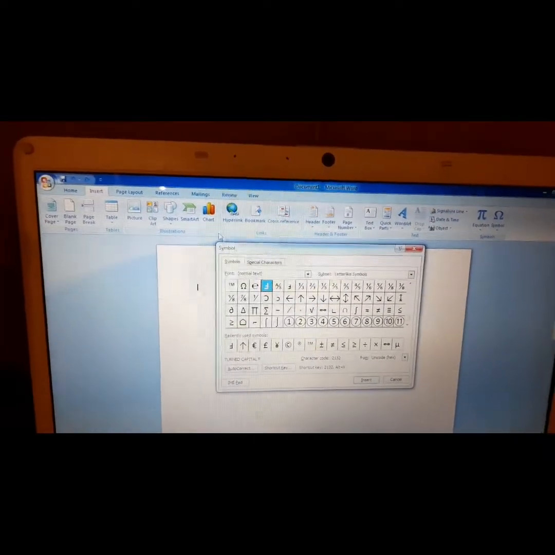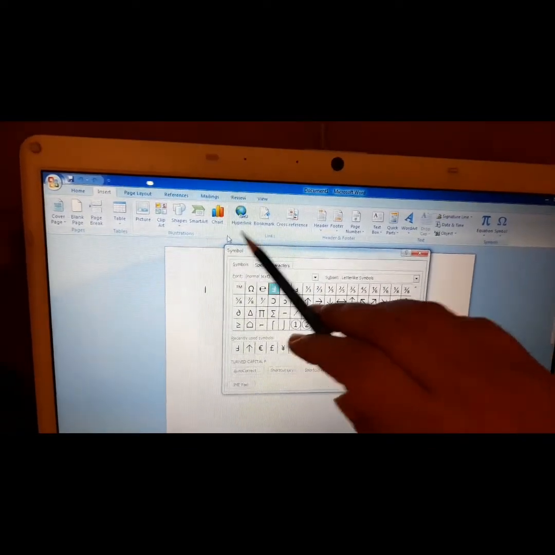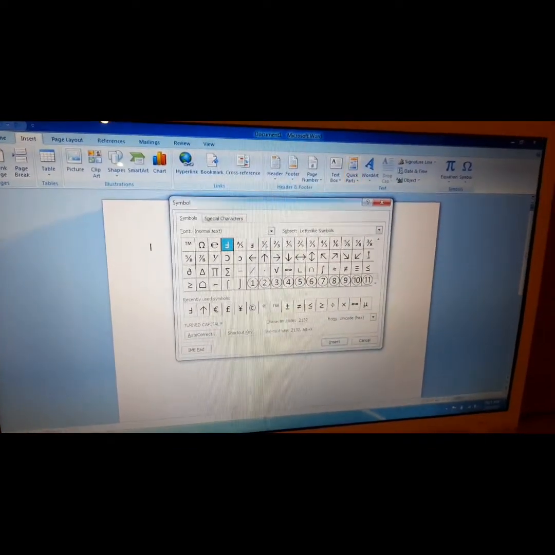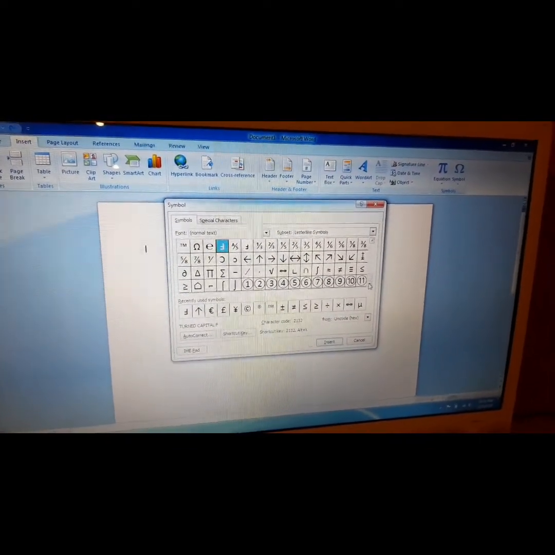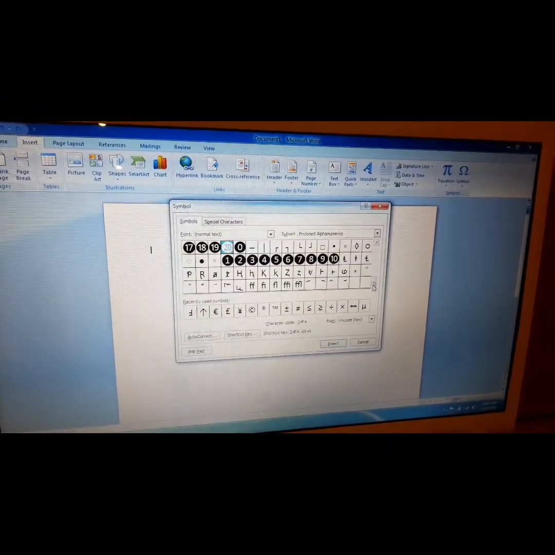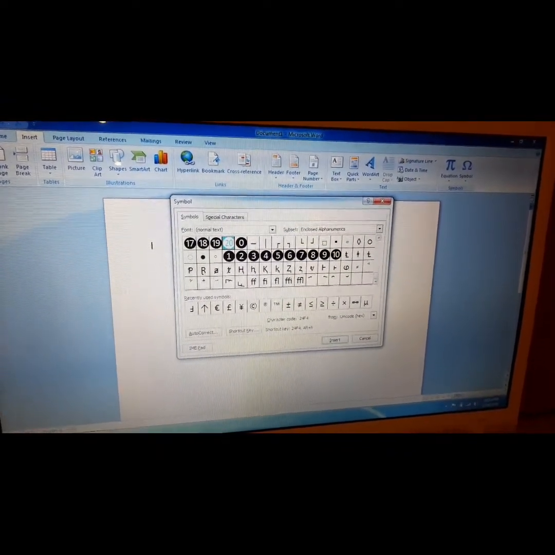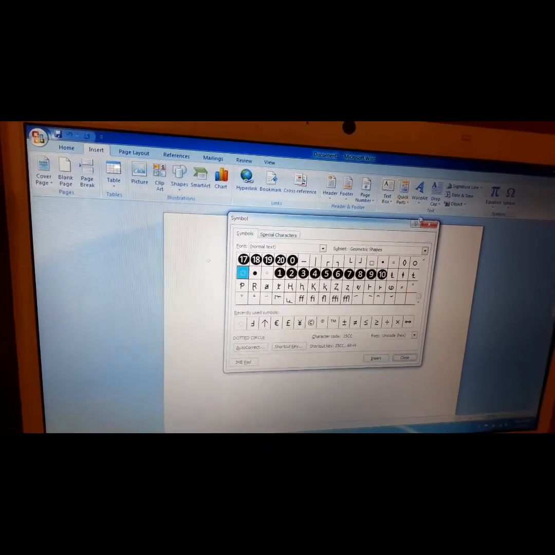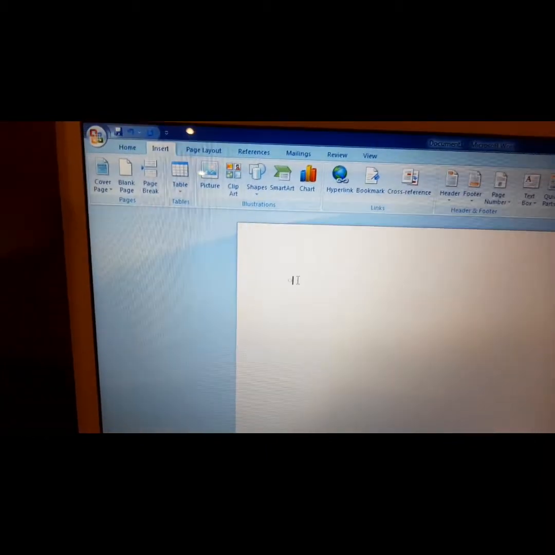Click on More Symbols and this Symbol dialog box will open. Now it has a variety of symbols. Whichever symbol you want, you can choose from here. You just simply have to click on that symbol and click on Insert. So you see this symbol gets inserted in your document.